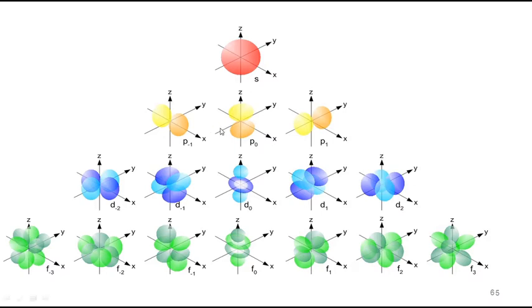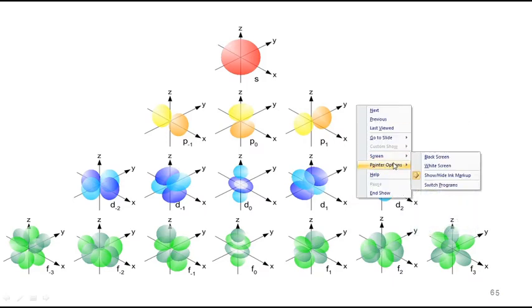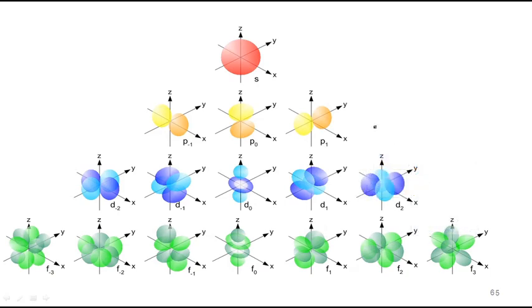Now coming to the p orbital. What is the l value? l value is 1. Minus l to plus l, how to write? Minus 1 to plus 1. For each l value we can have this many orientations. So for p orbital, minus 1 to plus 1. In between how many values? Only one value is there, 0. So minus 1, 0 and 1. So 3 orientations are possible.